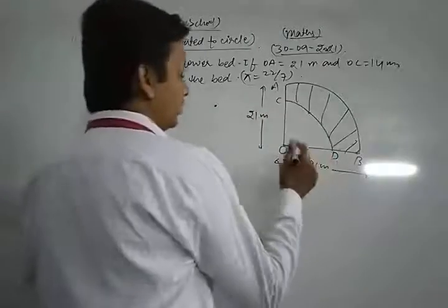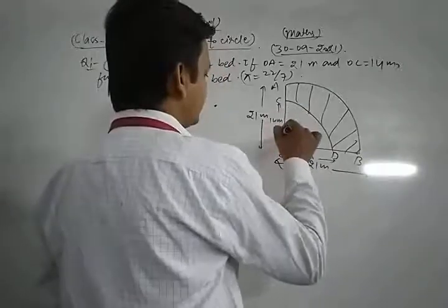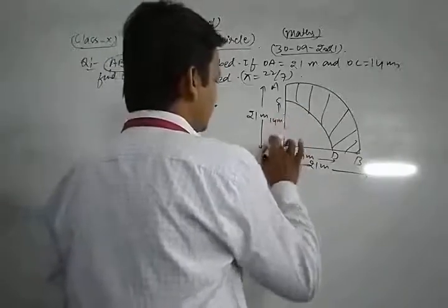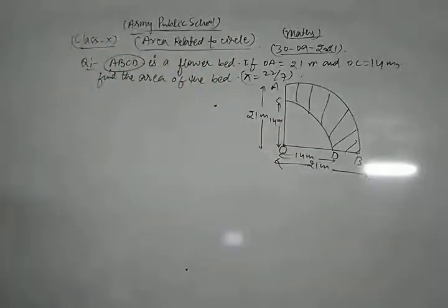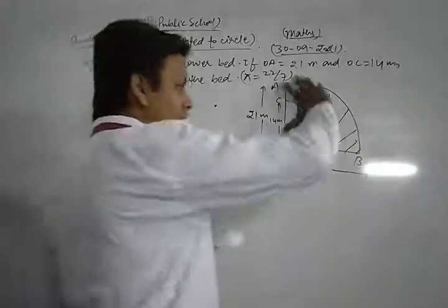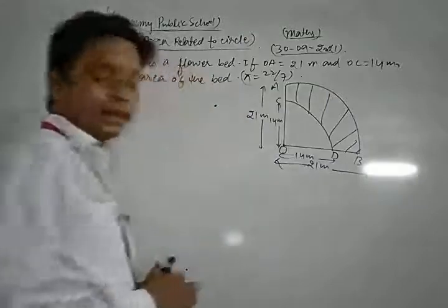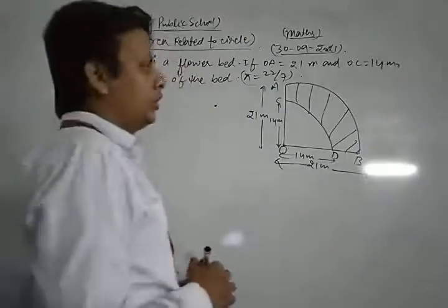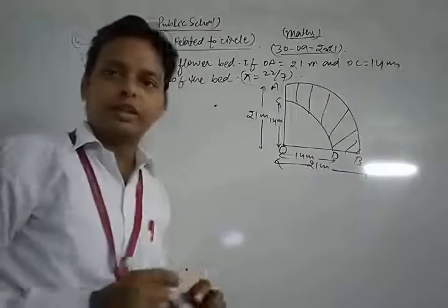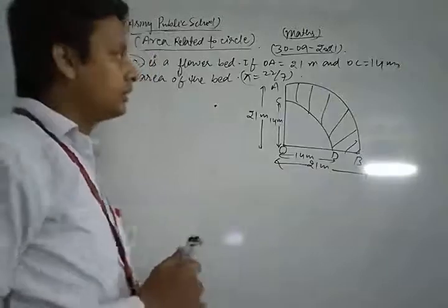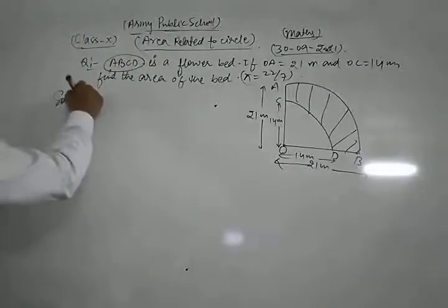OC is equal to OD, which is equal to 14 meter. Now look, dear student, you know that this is the quadrant of a circle, and the area of a quadrant is 1 upon 4 pi r square. So now we find the area of the bed ABCD. This is a very important, very easy question. Let's see its solution. So from the figure it is clear that